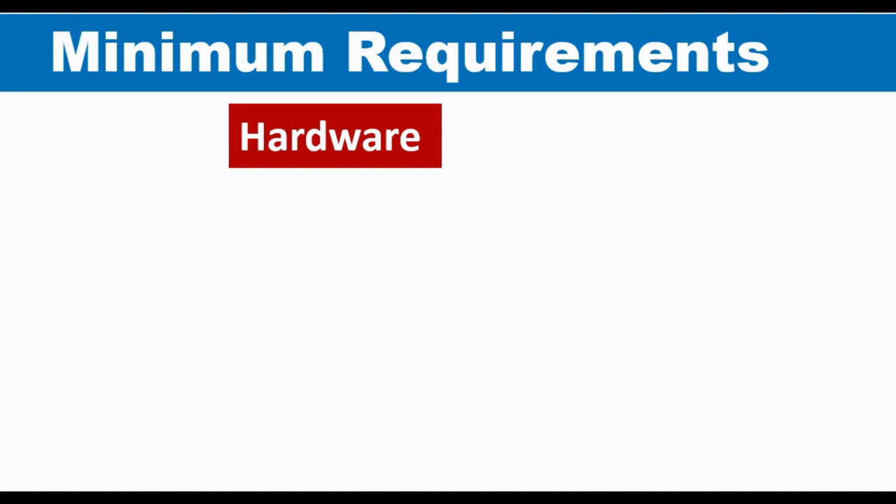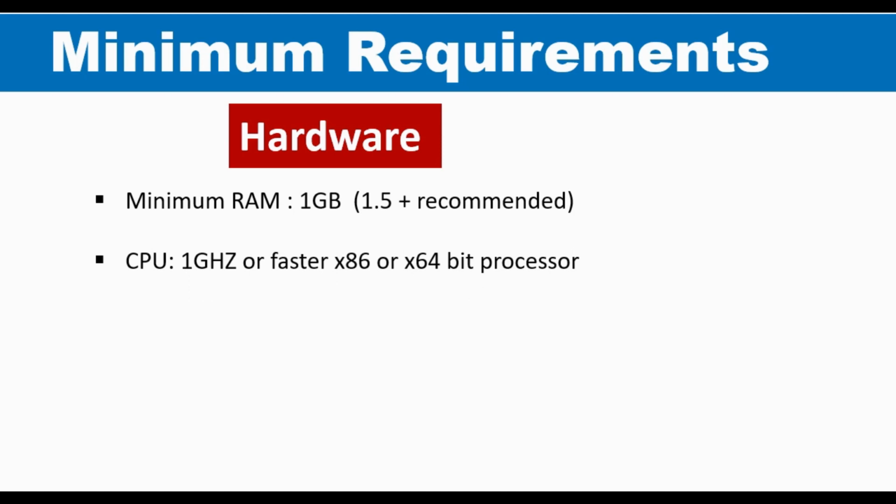For hardware, you need to have a minimum RAM of 1 gigabyte. Recommended RAM is 1.5 gigabytes or higher. Okay, so if you have 1 gigabyte, it's okay. But if you want things to really work, it's recommended that you have 1.5 gigabytes or higher. For the CPU, it is recommended that you have a CPU of 1 gigahertz or faster, which could either be an x86 or